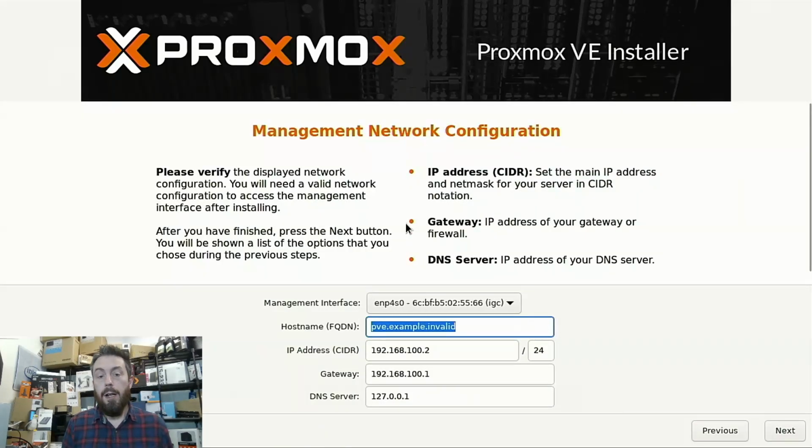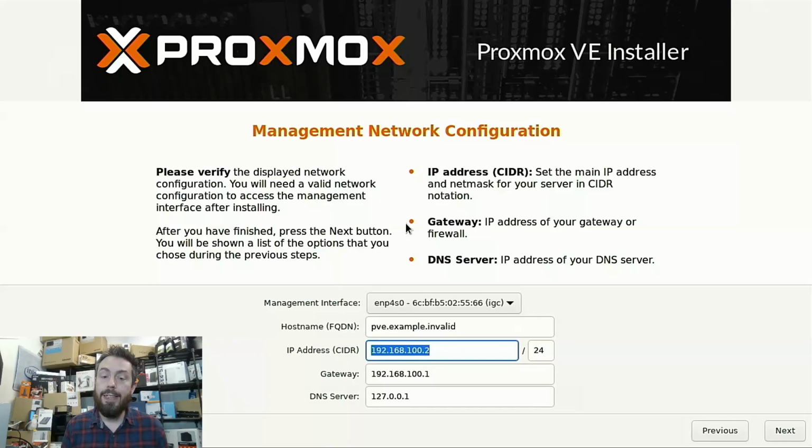Then click next. Now this is if you're going to be using a lot of remote access stuff, or you want the default LAN stuff there. So if you don't know what you're doing, don't worry, you can change all of this from within Proxmox later on. But this also allows us to continue the rest of this installation from within the web browser. As you can see, we'll make a note of that IP ending in 100.2, but your IP will almost certainly be different.